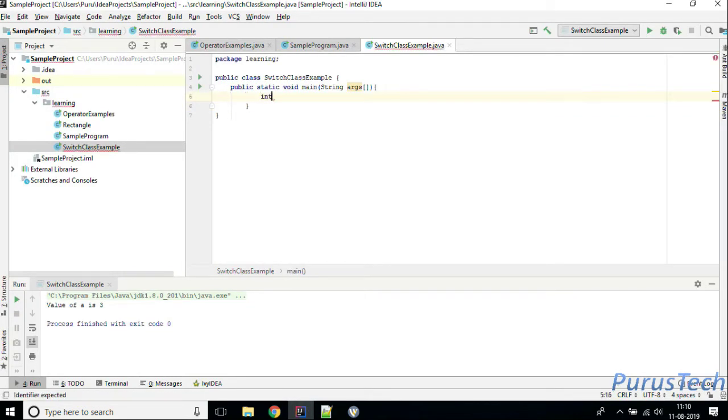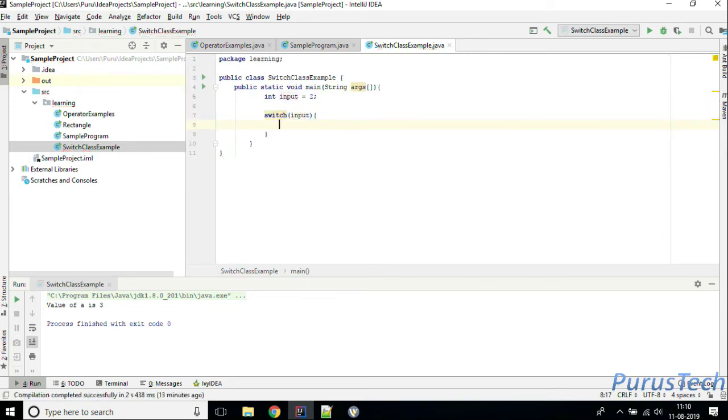I'll just declare one integer variable, int input equal to, for the time being, 2. So we have given input as 2. Now let's start our switch statement and see how it looks. You write switch, then what you want to compare. You want to compare the value of input. Switch input, then your curly bracket starts. Let's say when my input becomes 1, then what I want to do. So case 1,